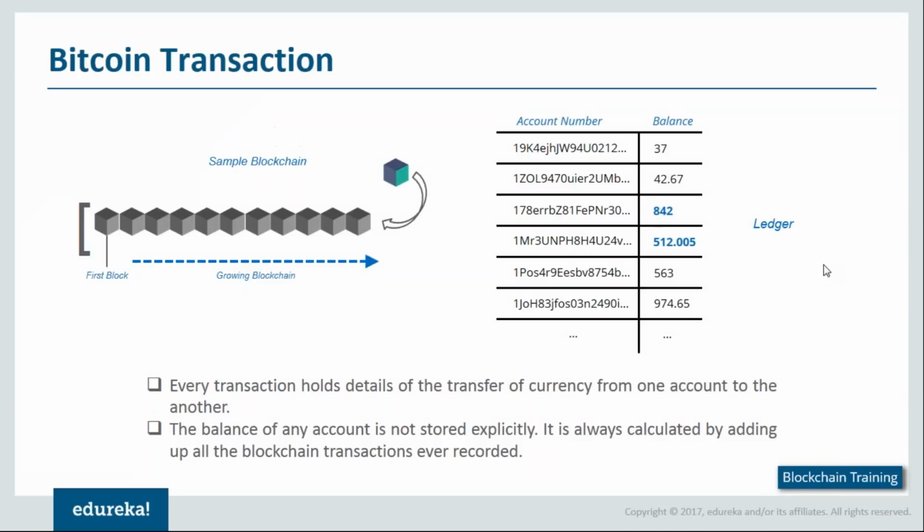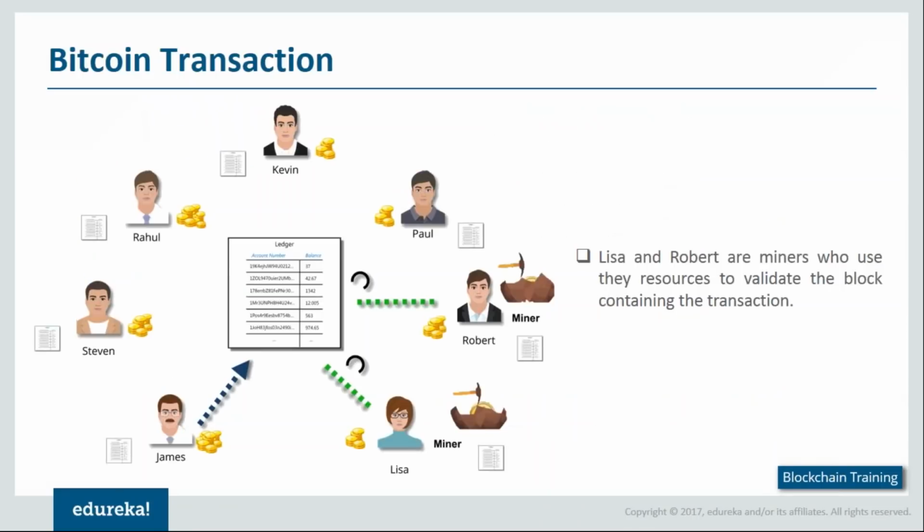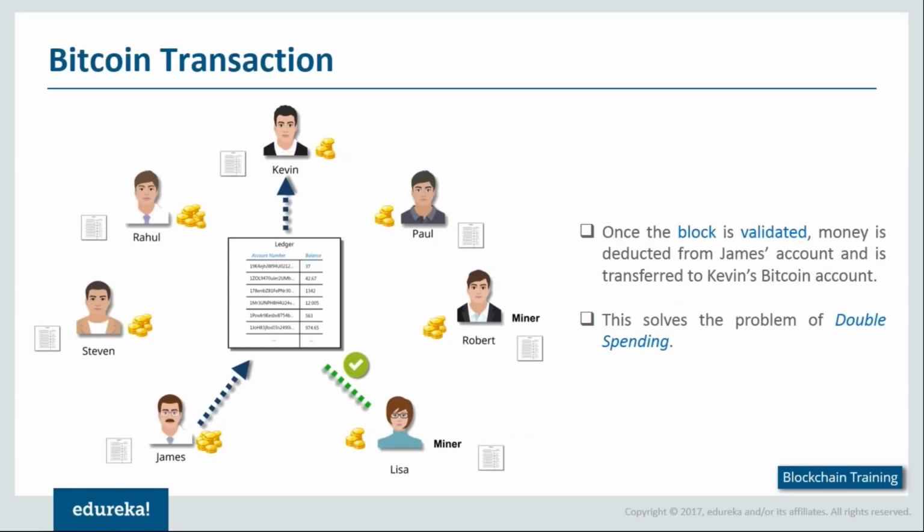Okay, now to give you an overview of how the transaction as a whole works out is that first James initiates a transaction request. Okay, simultaneously miners who are called special nodes try to validate this transaction. Okay, so whichever block has this transaction detail, they try to validate it. That is, does James have sufficient balance? And they are basically trying to solve the same problem, so there is a race between them as well. Okay, once they have identified that he has sufficient balance, that is the block gets validated, then the money gets deducted from James's account and gets added to Kevin's account.